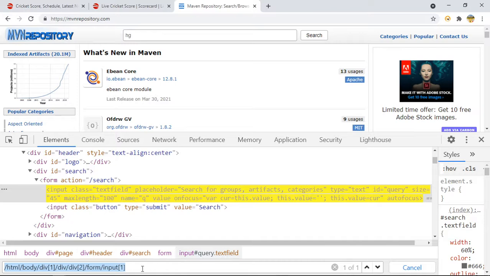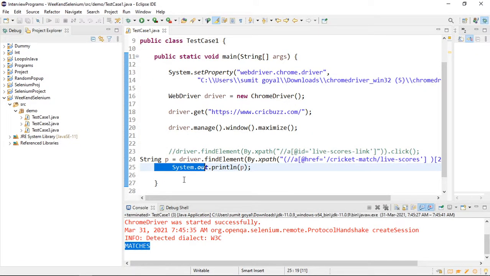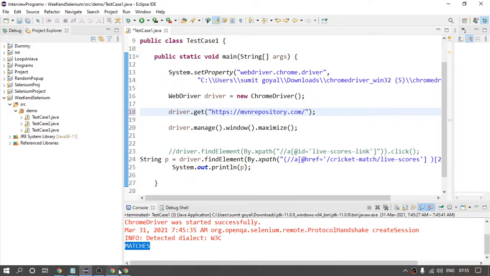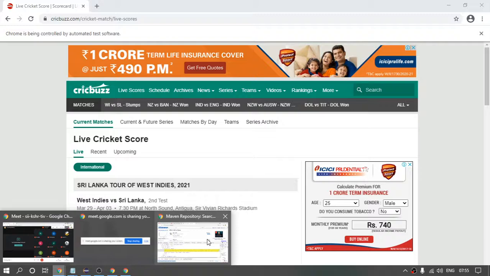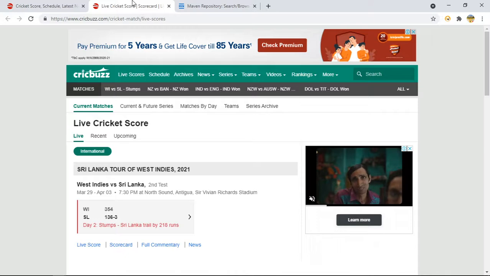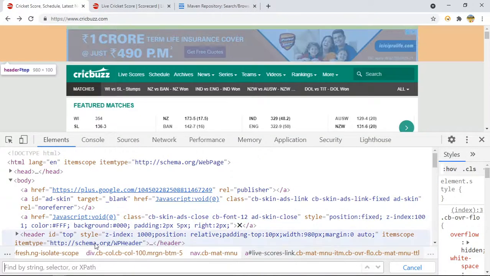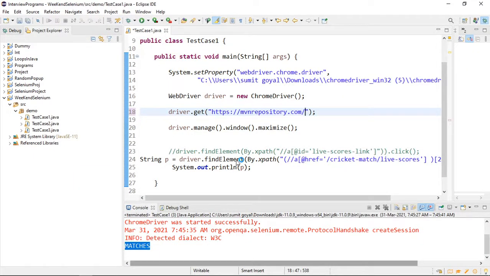Okay, so if I copy this, first let me open the website URL. I will paste this here, okay. So here is our page.